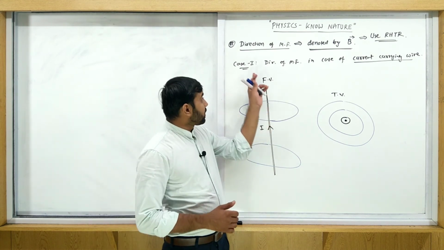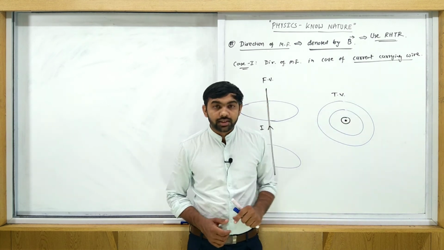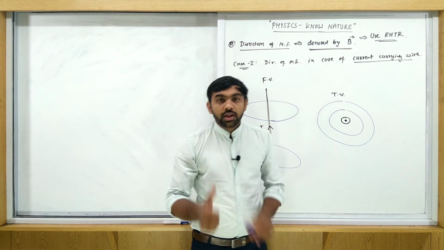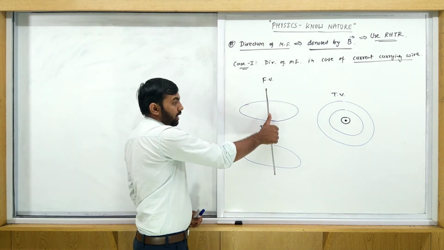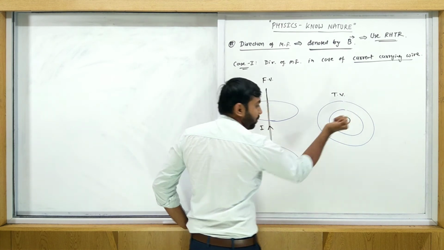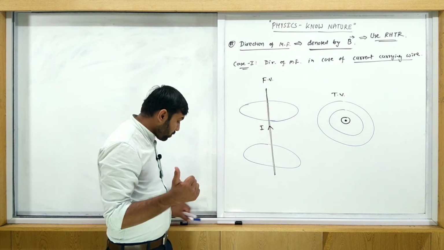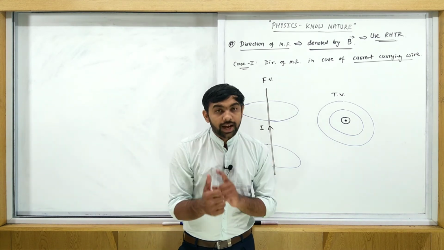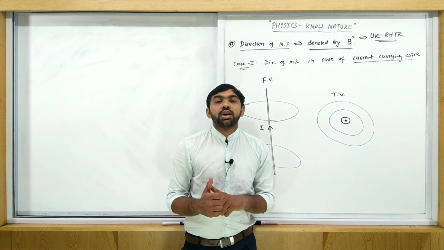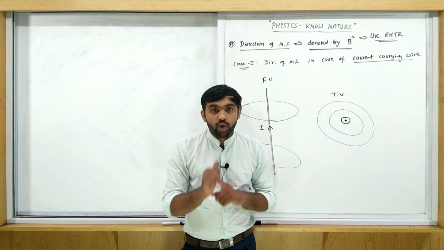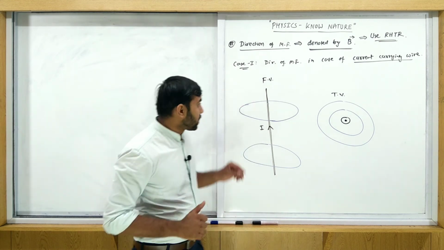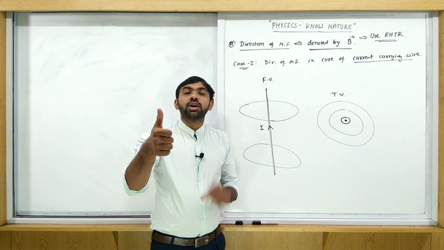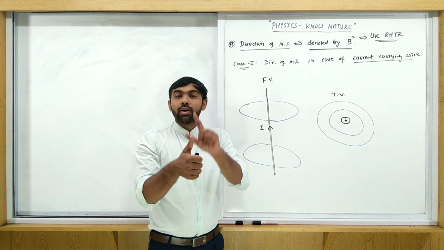Whenever a current carrying wire is considered, you just use the right hand and arrange your right hand thumb along the current. You can keep it here or here, okay. Again, how to use the right hand thumb rule? In this case, use the right hand to decide the direction of a magnetic field in case of a current carrying wire or in case of a loop. Right now a straight wire is given to you. So arrange your thumb along the direction of current.